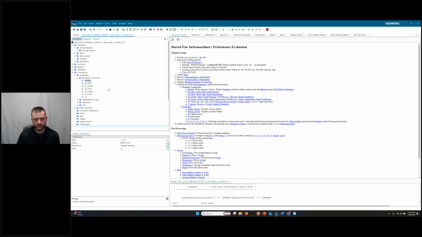Likewise, a mass flow inlet condition would use the mass flow rate value, and this automatically changes depending on how you set it. In this case, we're using a stagnation inlet condition and a static pressure outlet condition. So all we have to do is set these for our boundary conditions, and these would come right from AxStream.